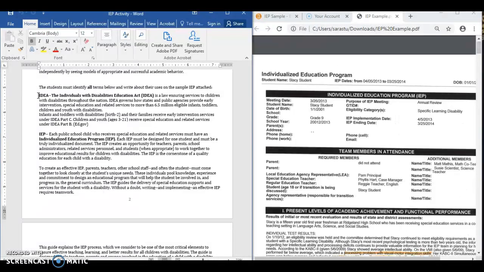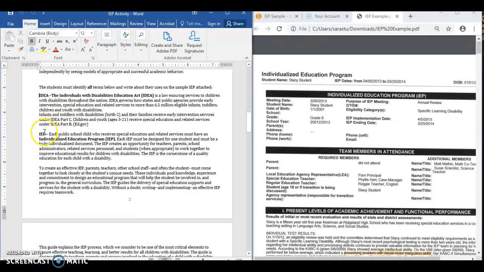And this law impacts education today, so that all kids have the ability to have equal opportunities to be educated, and so that they have the support they need in order to do so.